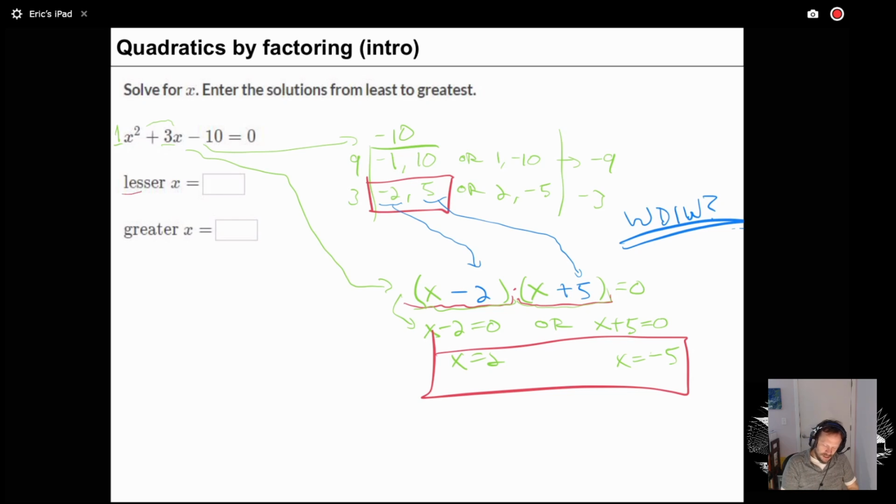And carefully, lesser, which one is less, 2 or negative 5? Negative 5 is lesser, so you put that there. And then 2,